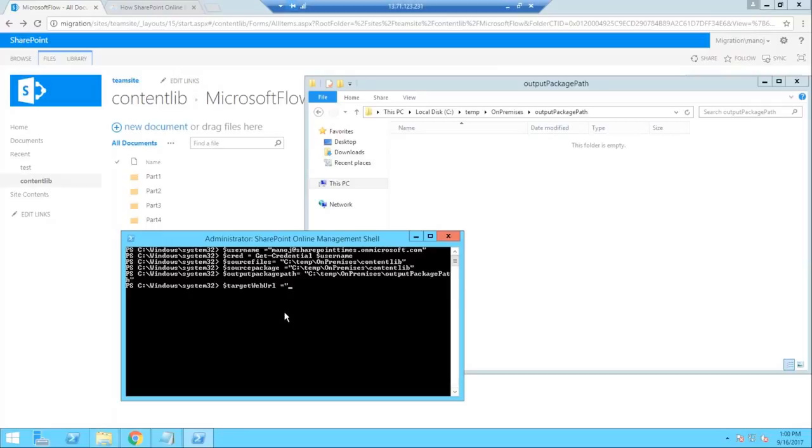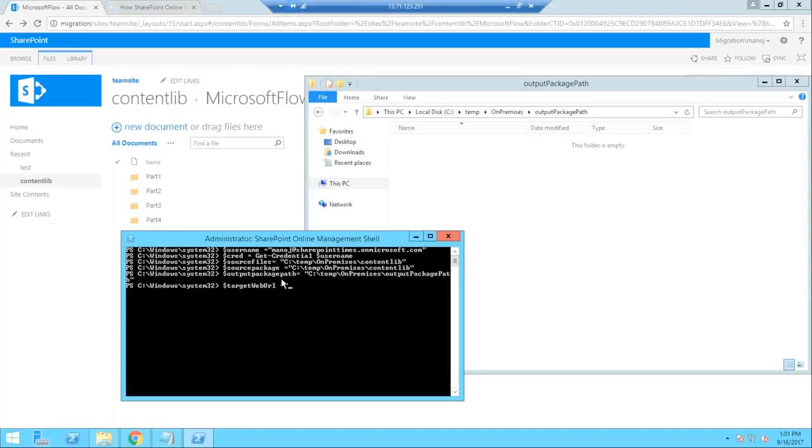Yeah, so just two variables are required. Let me create that one. I will explain it once more. Before that, I just gave a username and the credentials. $cred has my credentials, which are required to log into online for my commands. After that, I created the source file and the source package. Source file and source package are where my on-premises or file share content exists. That's why it's the same for me, but it's required for using the command.